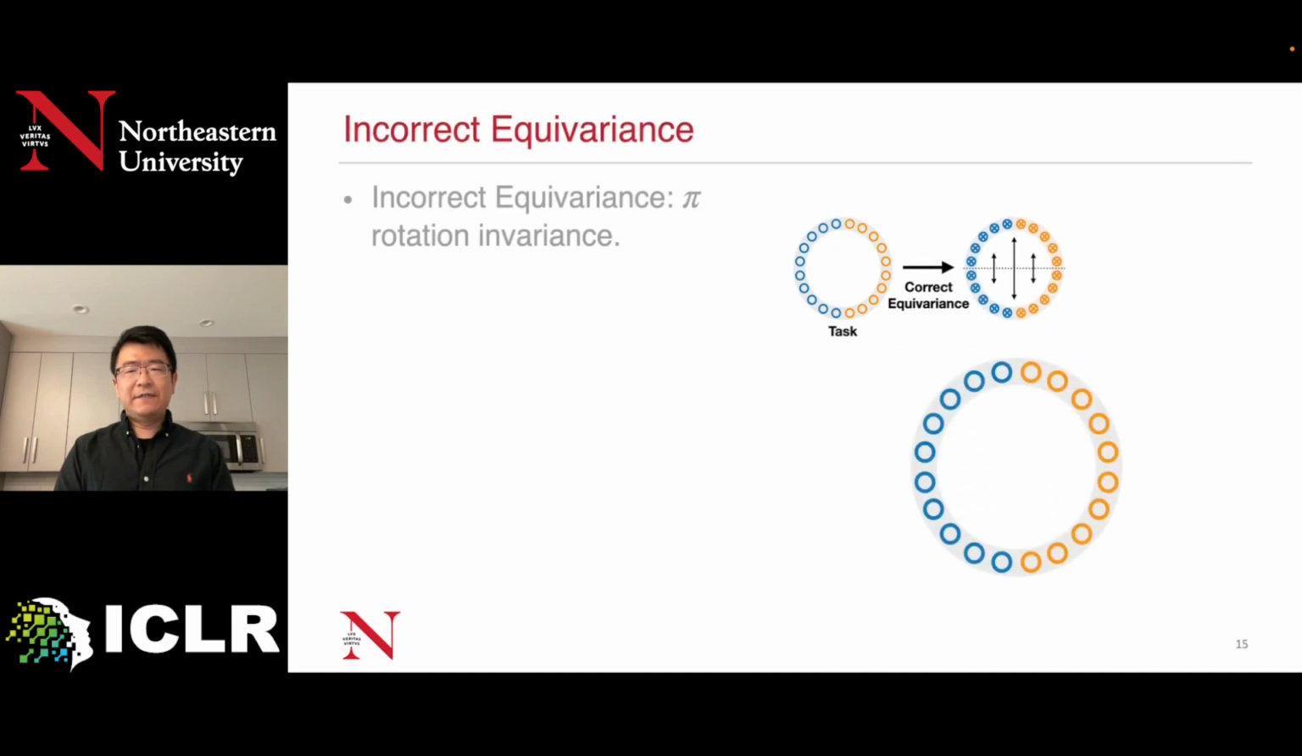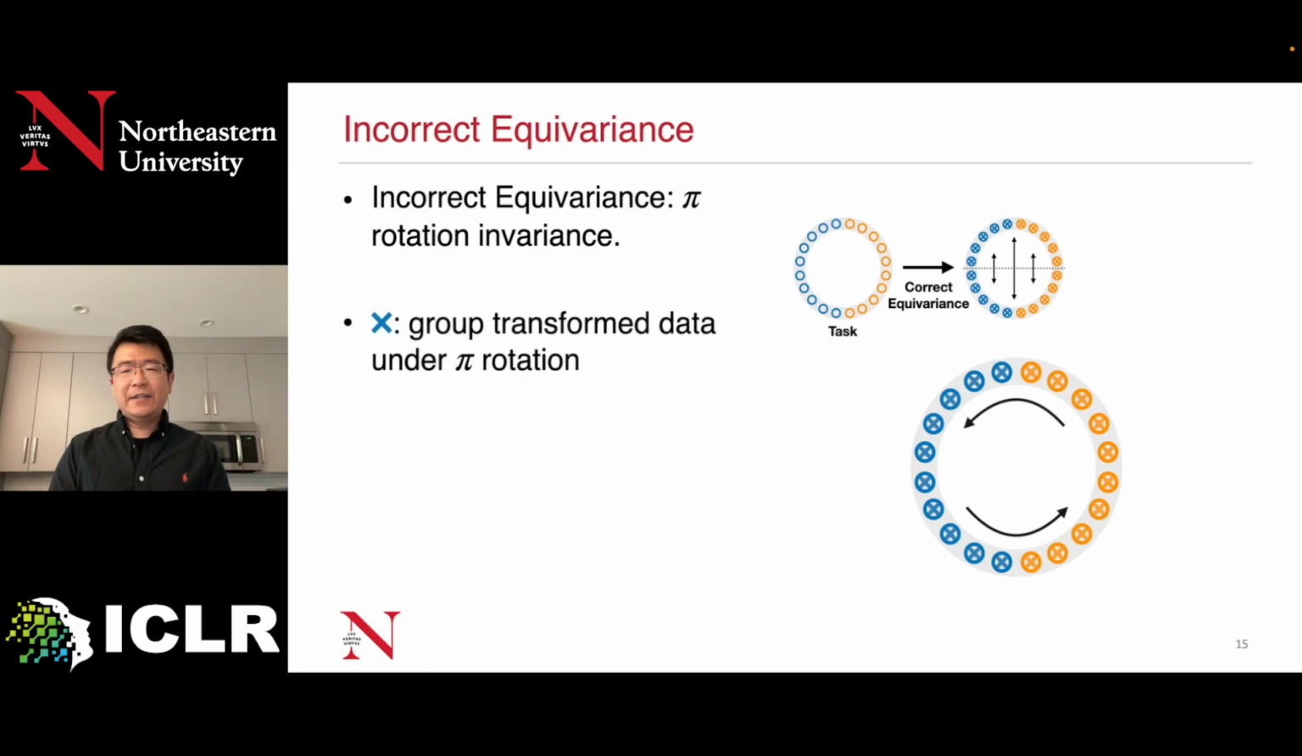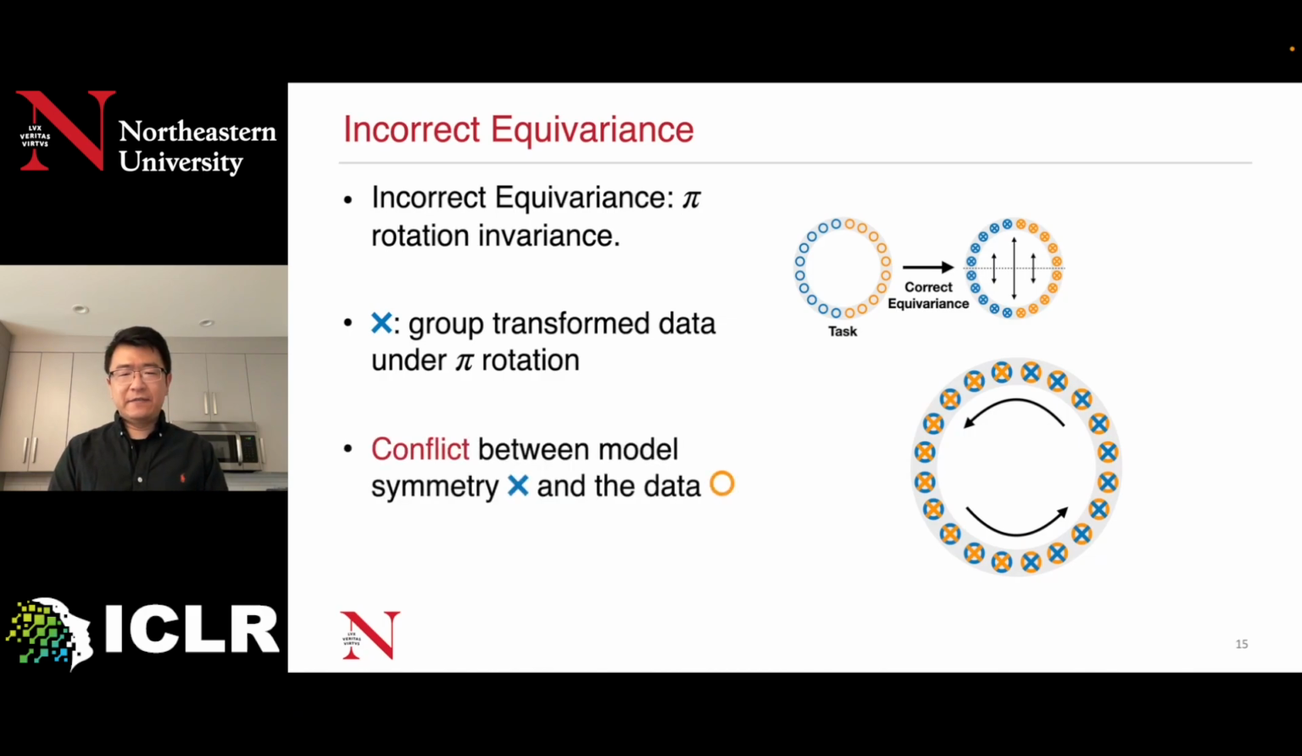Now let's imagine a different type of invariance, pi rotation invariance. If we compare the data under pi rotation with the original data, we will see that their colors are different. That means the symmetry in the model conflicts with the symmetry in the problem. In fact,